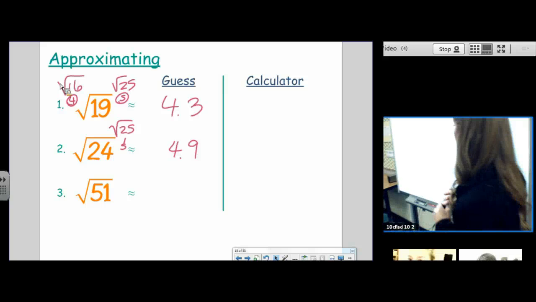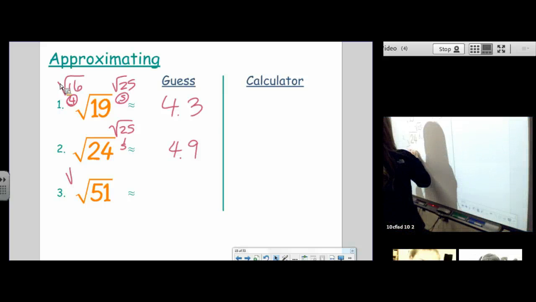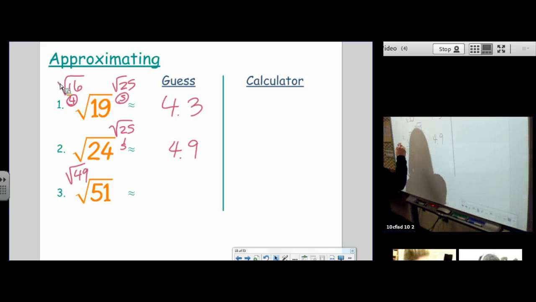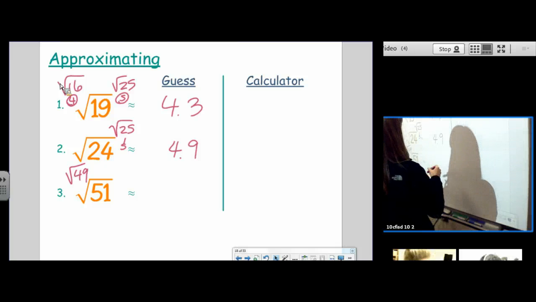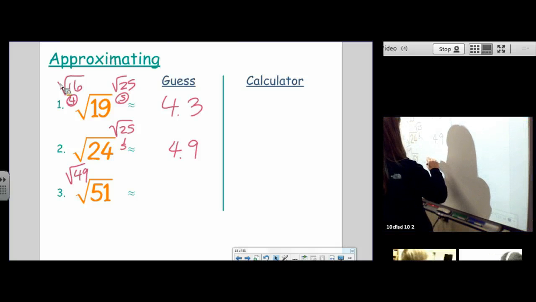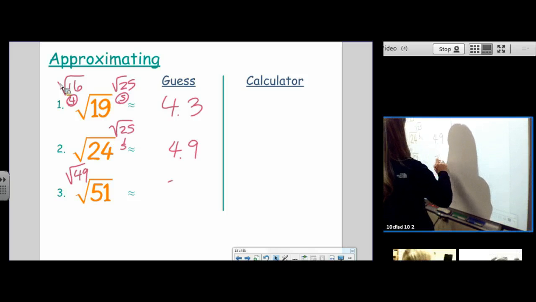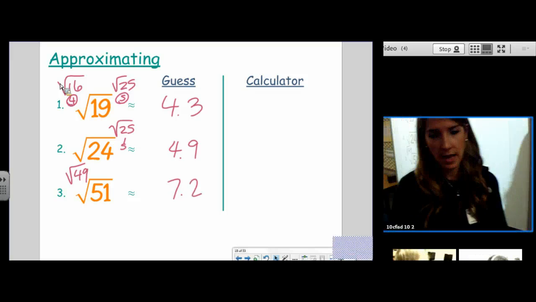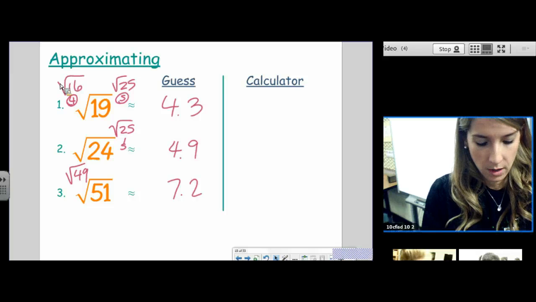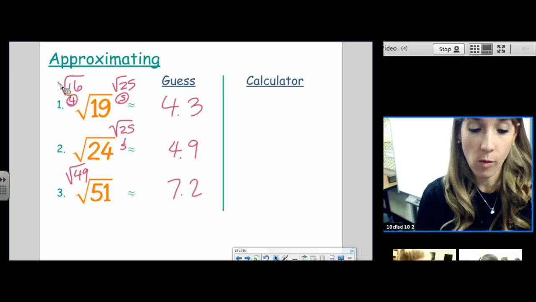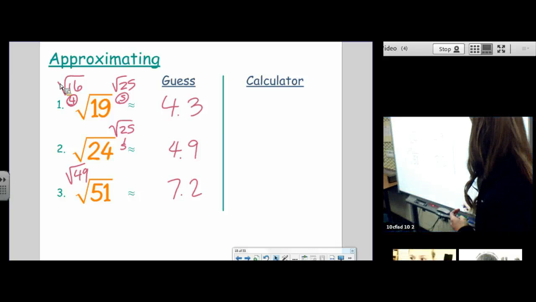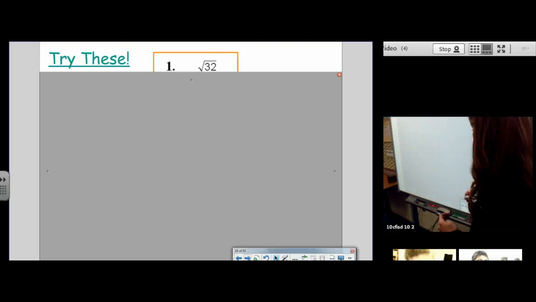Let's do this last one. Square root of 51. That's going to be bigger than the square root of 49. A little bit bigger than 49. It's only 2 bigger. And so I would say, what, 7.2, 7.3? A little bit more than 7. So the real answer is square root of 51, 7.14. Okay, so that's my spiel on